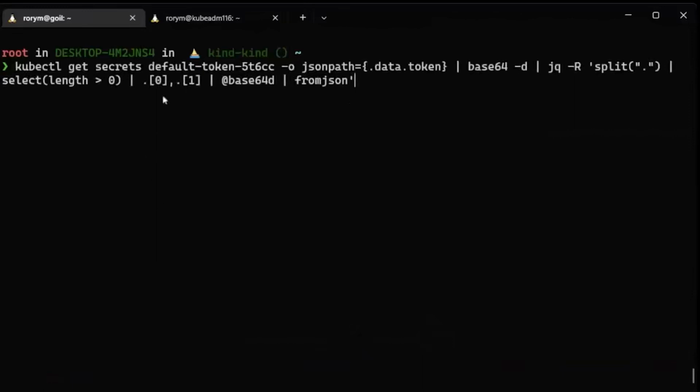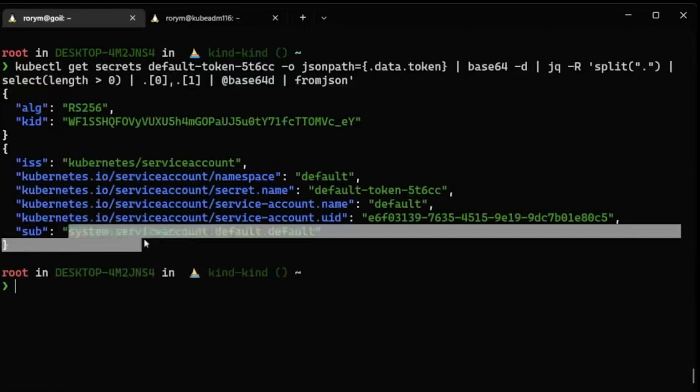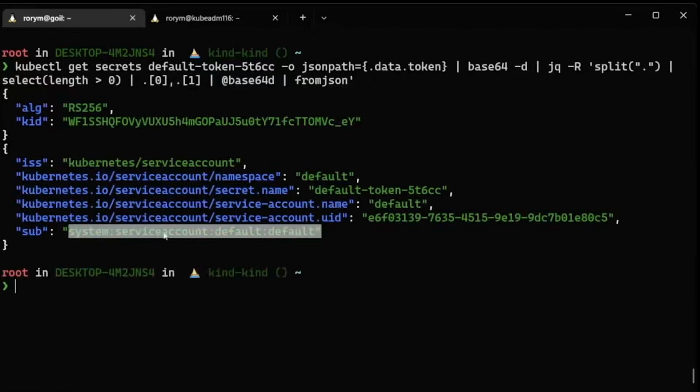So here, what we're going to do is get the default secret from the default namespace, and we're going to decode that and have a look at what it looks like. And here, what we can see is that we've got our subject name, which is system:serviceaccount:default:default. So it's the default service account in the default namespace. So that's the username that would be used for any role-based access control decisions there. One thing you might notice here, if you're used to JWTs, is what's missing. And what's missing is any form of expiry. These tokens don't expire, they last forever.